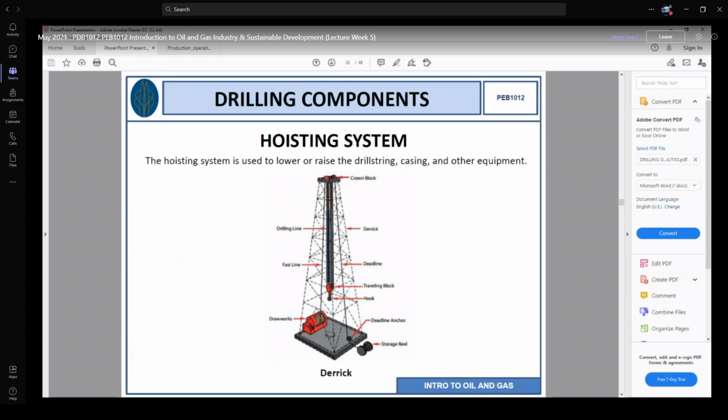Here the derrick is actually the leg of this tower. Have you seen any mobile tower, a big tower? It's a similar kind of tower here. There is a big leg of the tower, right? Metal legs, right? One, two, three, and four legs, normally. Okay, so this is called a derrick.